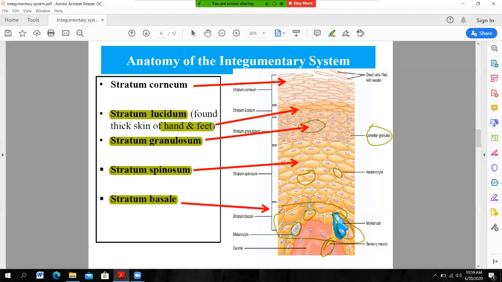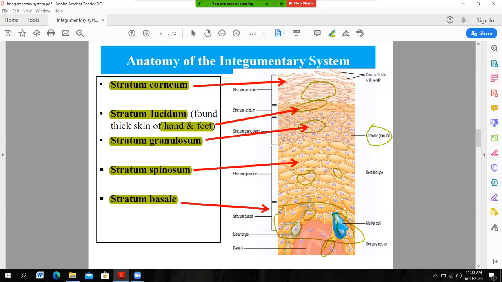And they contain several keratinocytes. The top layer of the skin is the stratum corneum. Actually the lucidum and corneum consist of many rows of dead keratinocytes. And the function of these keratinocytes is to protect the underlying tissue. And these dead keratinocytes shed from the skin from time to time, and they are replaced by the newly generated